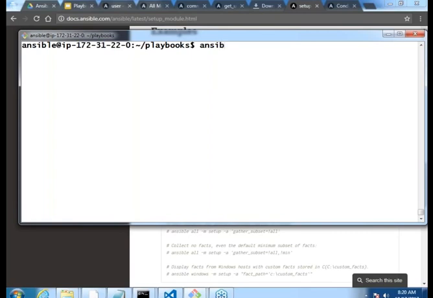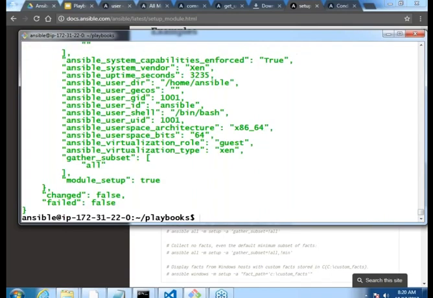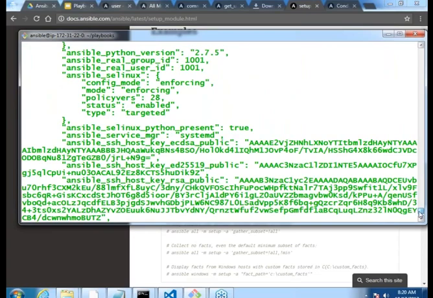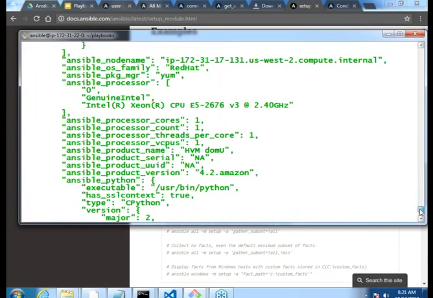So I would be executing ansible -m setup, and I want to run this setup on the DB server. This is a Red Hat system. Let us closely monitor. ansible_os_family.